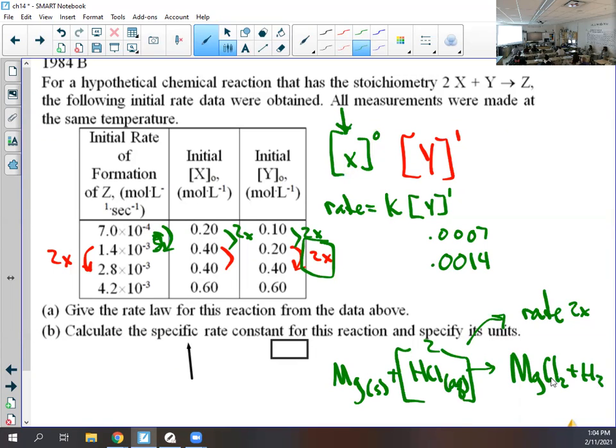We're not saying the reaction doesn't happen. I'm just saying the concentration of the solid. We don't measure solids as a concentration because it's not an aqueous thing or a gas. So the reaction happens, but the rate is independent of this. It only depends on the concentration of HCl. Because it'll go just as fast if you put a little